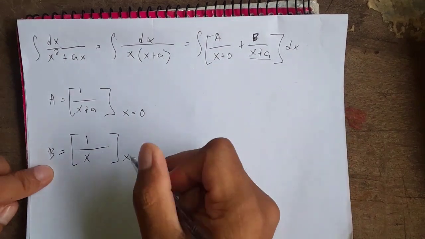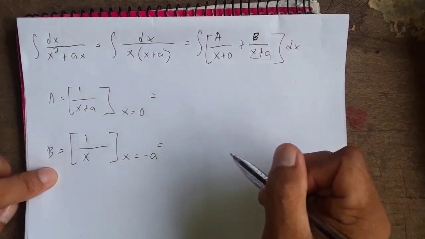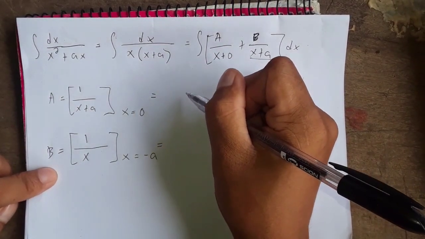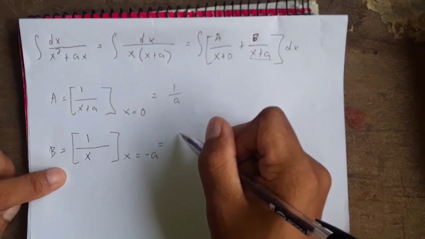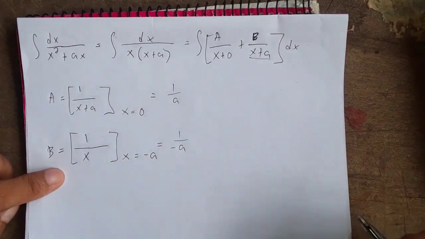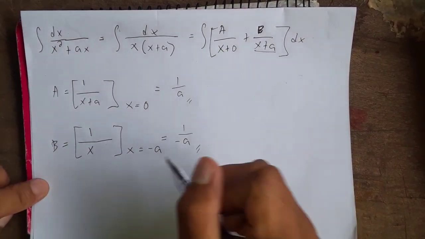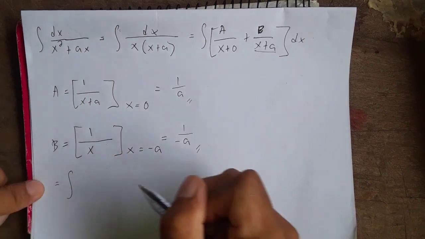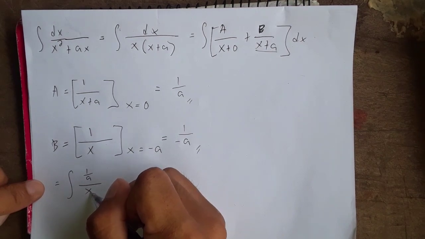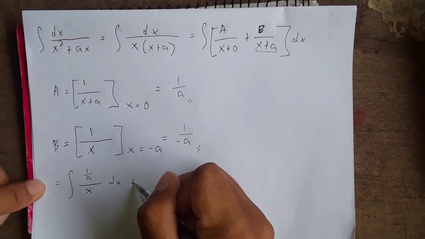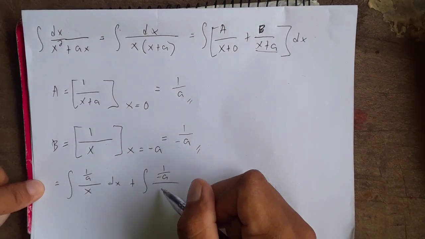Then we're gonna let our x be, from these factors, negative a. So therefore, by simplifying, we have A is equal to 1 over a. Then our B here is equal to 1 over negative a. That is our value. So the next step, let's substitute our values. So we have the integral of A, which is 1 over a over x dx, then plus the integral of B, which is 1 over negative a over x plus a,